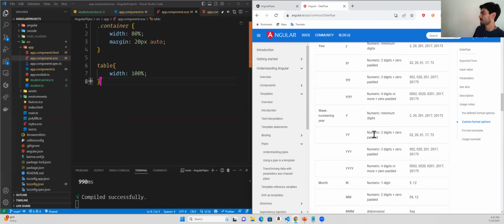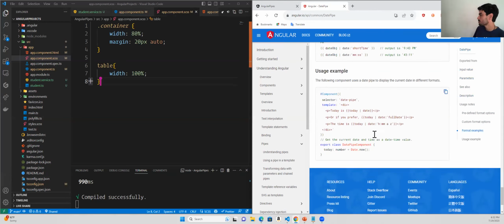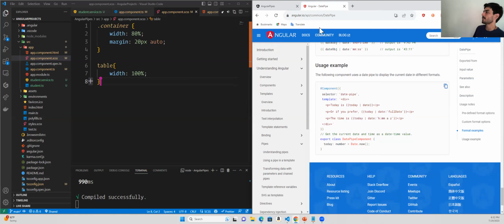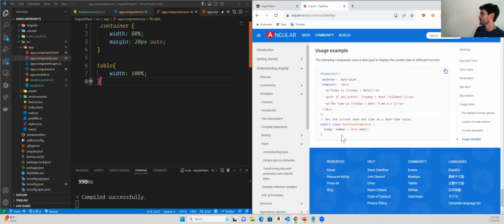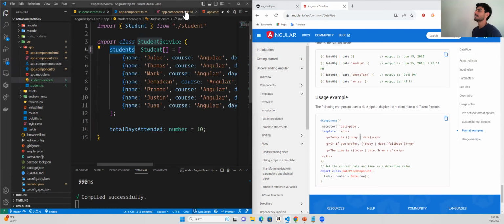Okay, so here's a usage example from Angular docs. Today is today. And then they just use this symbol, I don't know what you call this symbol. What would you call that symbol? Pipe? Yeah, that's what it is. Pipe. Okay. So then they use the pipe symbol and they use the date. So let's go ahead and just use that for our